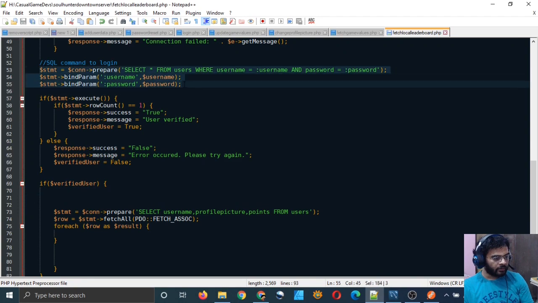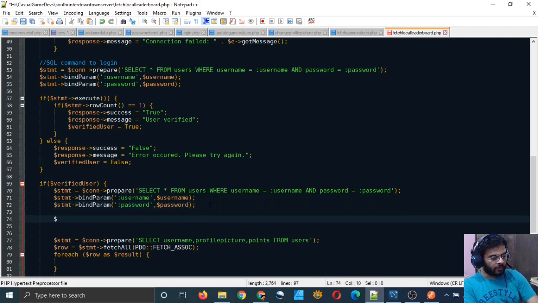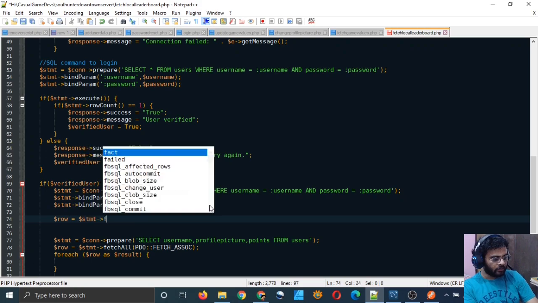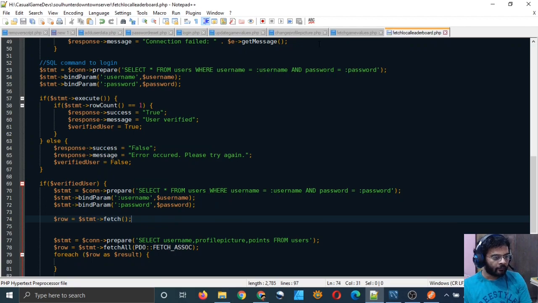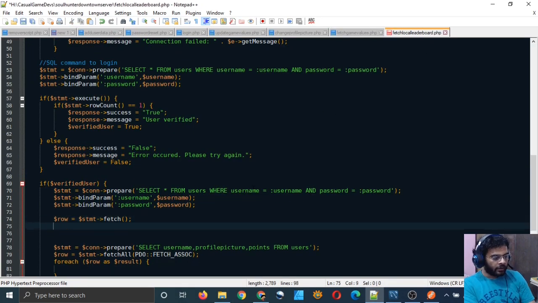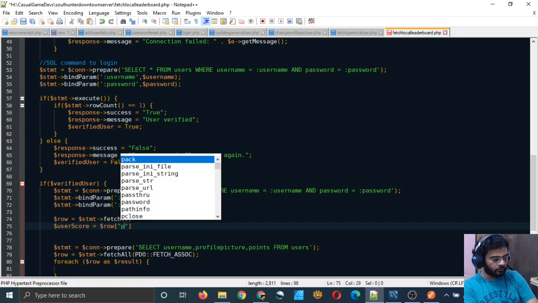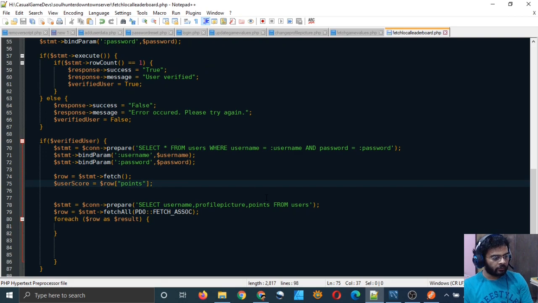I will simply copy this login command script statement, and again do this row is equal to $stmt fetch, and in the user score variable I will put the points, right? So that's good.